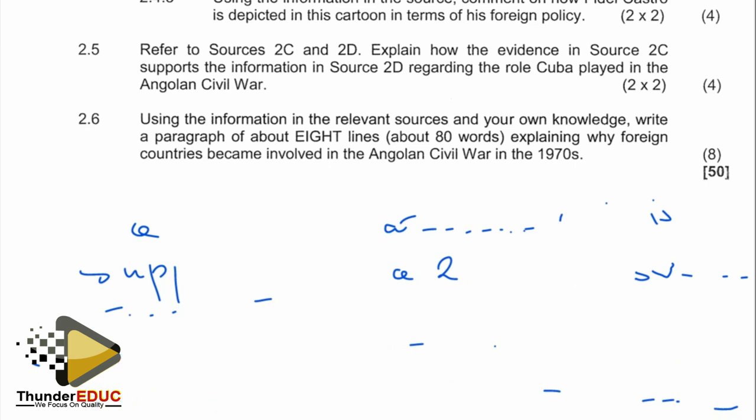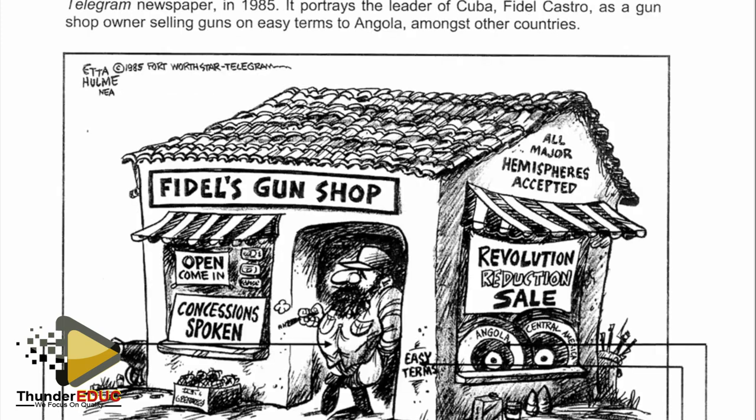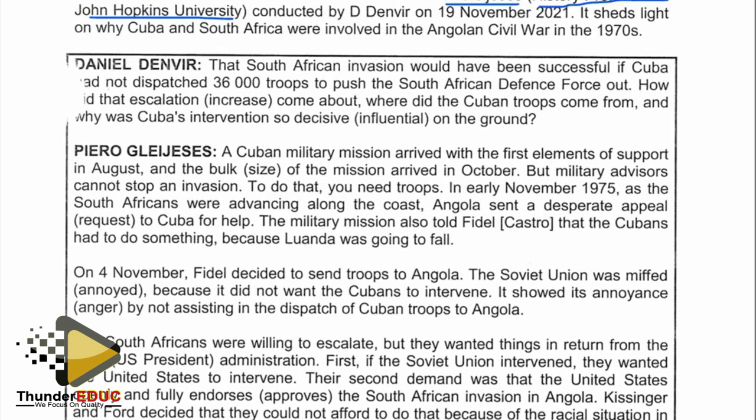If we check, we tend to find that in source 2C, let's first try to check source 2C and see how we can compare or show the support of the two sources. Right, if we go to source 2C here,